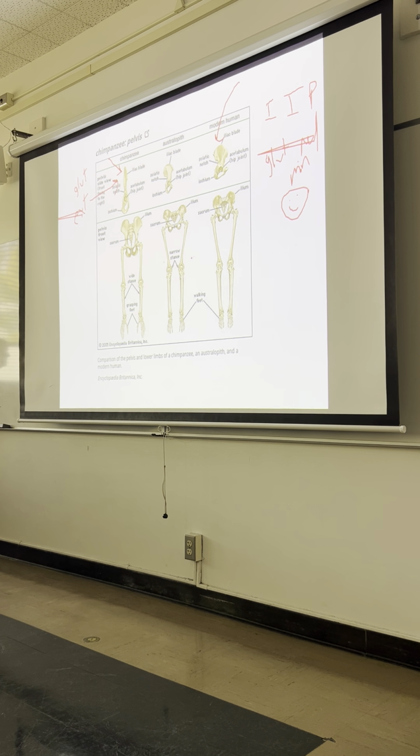Okay? Another adaptation you can see now down here at the feet, I'm going to talk about a few. Look at the configuration of digit number 1 in the chimpanzee. It's abducted relative to the other digits. In other words, the lower limb feet are designed for grasping in a chimpanzee. They are not designed for walking on 2 limbs. In a human, all 5 digits are parallel. So there's been a reconfiguration in the lower limb osteology of the foot. That is a great configuration if you want to use the foot to press off the floor during the gait